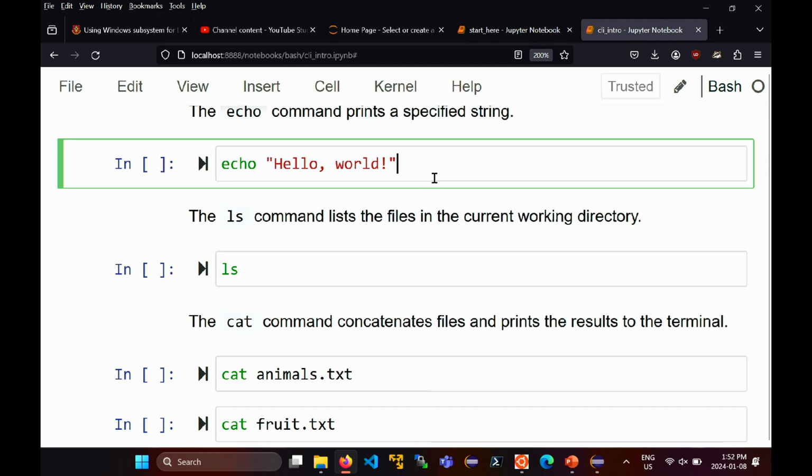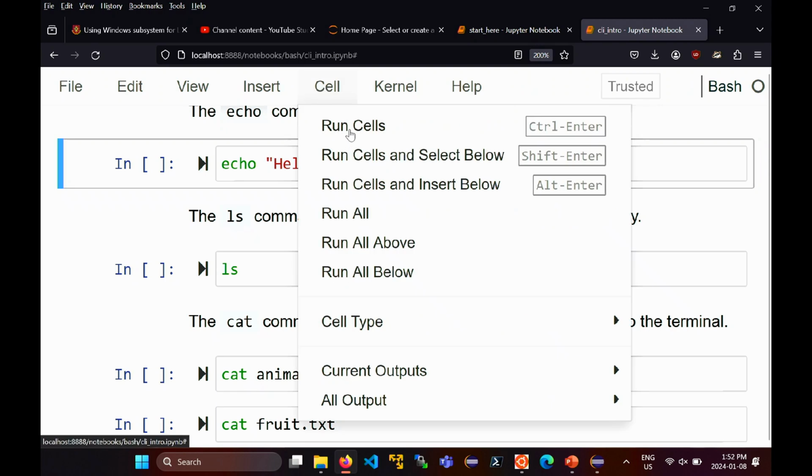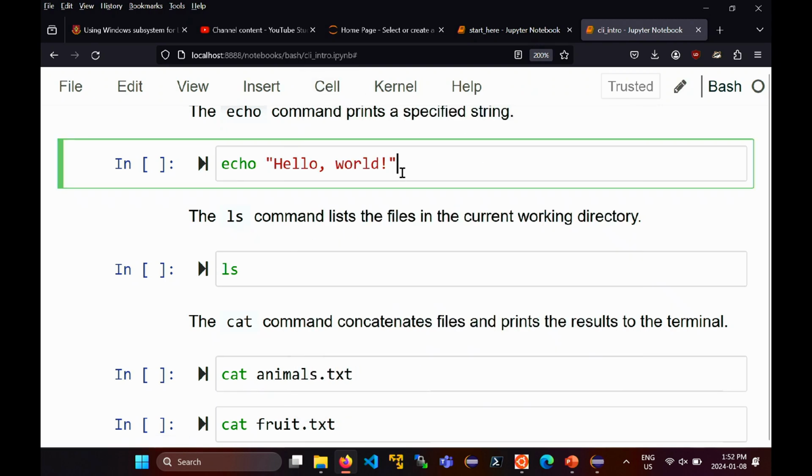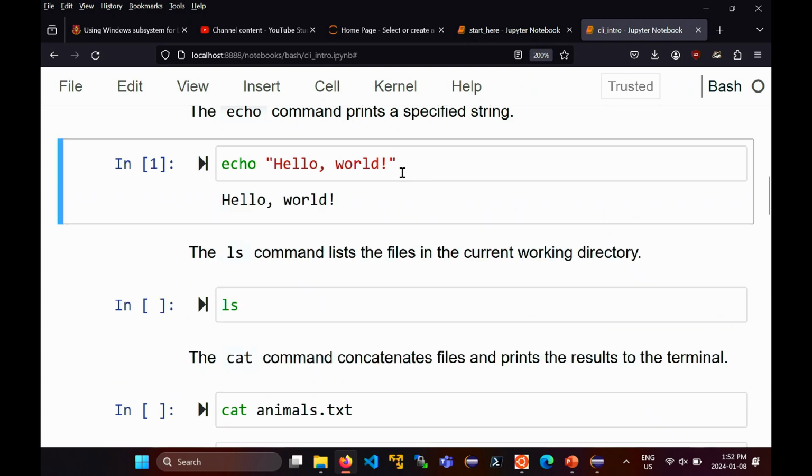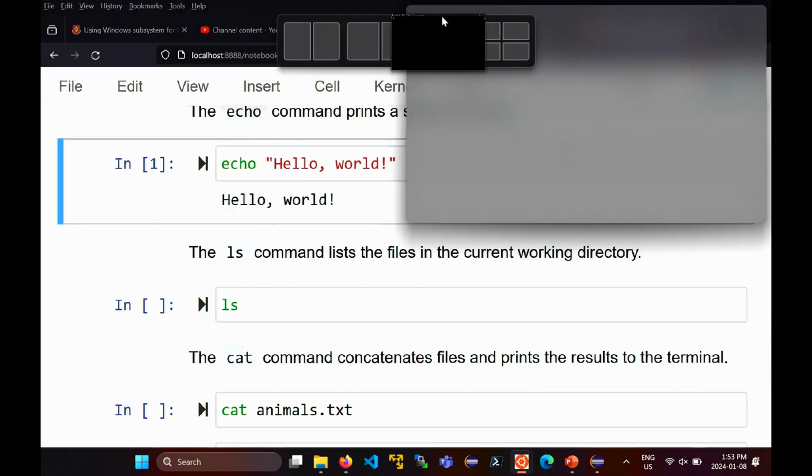The crazy thing about all of this is that this code cell here is a Bash code cell. It's the programming language that the shell uses, which is running in Linux, which I'm showing on a Windows web browser. And the shocking thing about this is that it actually works. When I run this cell, either by going to cell run or pressing Control Enter, it will actually run this Bash command, and it prints out hello world, which isn't that surprising. The command echo is the Bash command that prints a string. So this is a Bash terminal.